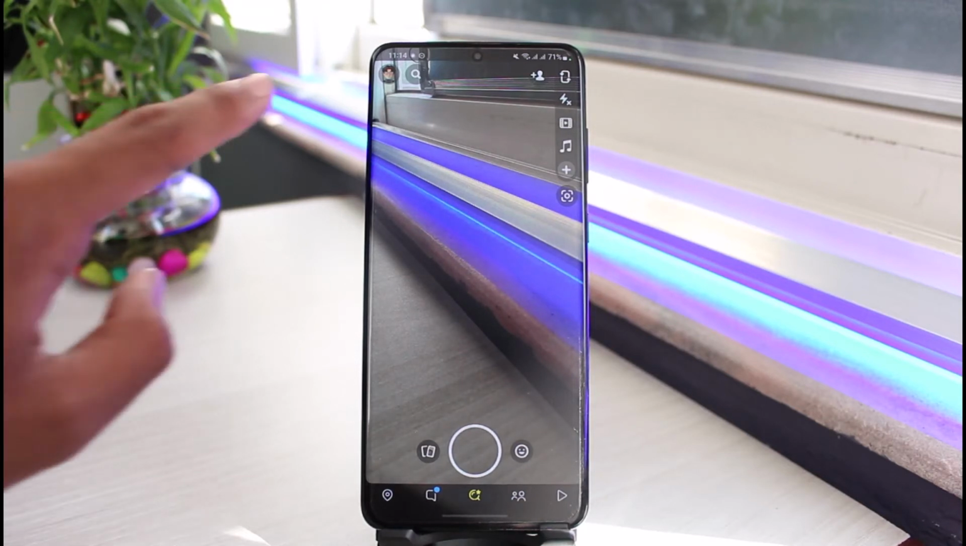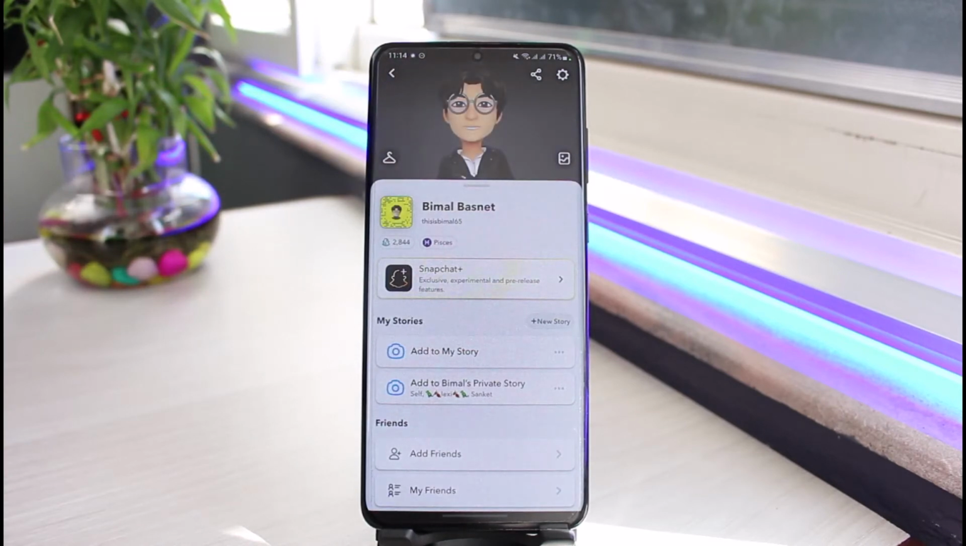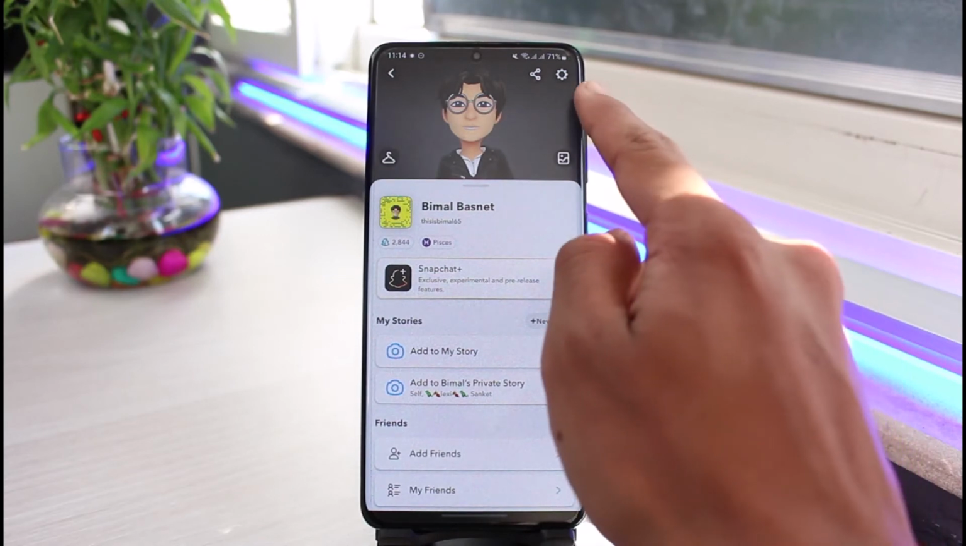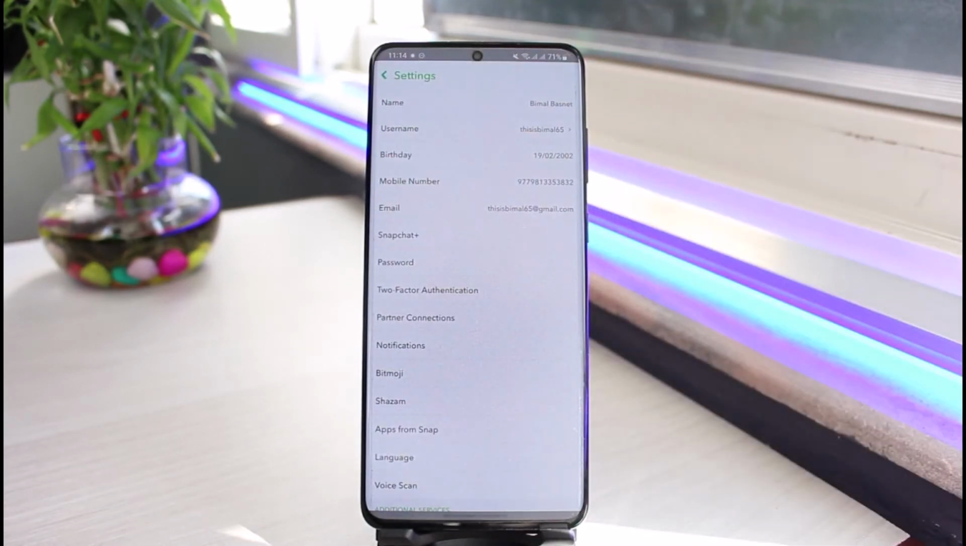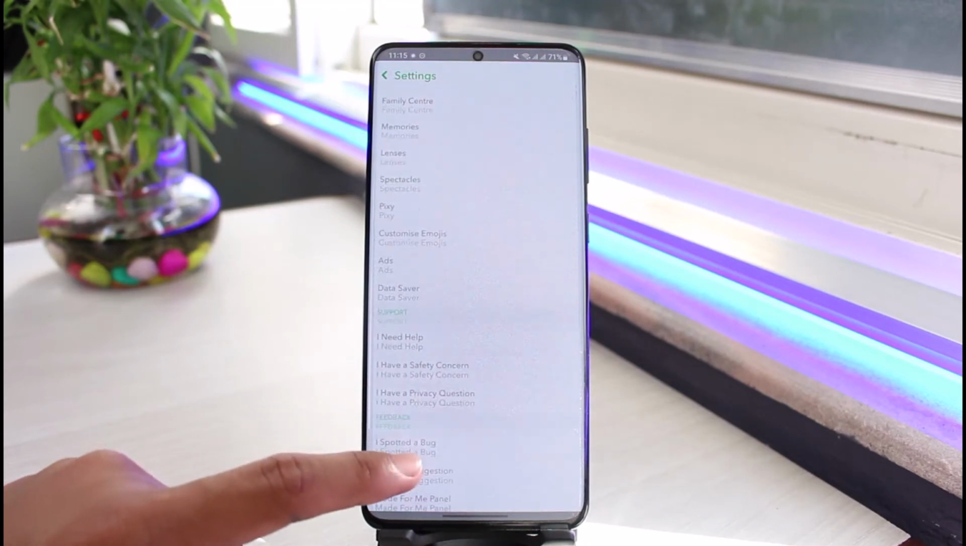You just need to go to your profile page by tapping on the Bitmoji profile on the top left. Once you come to the profile page, tap on that little gear icon, which is the settings icon, from the top right menu. Once you tap on the gear icon and come to the settings page, you'll be able to see all sorts of various options. Over here, you have to scroll down all the way to the bottom of the screen,